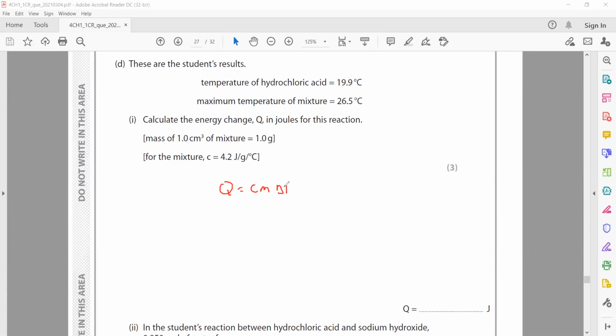C is the specific heat, and we assume that the specific heat of the solution is the same as that of water, which is 4.2. M is the mass. So what mass will we take? As you can see, the two solutions are mixed